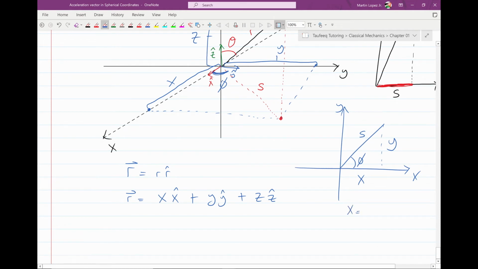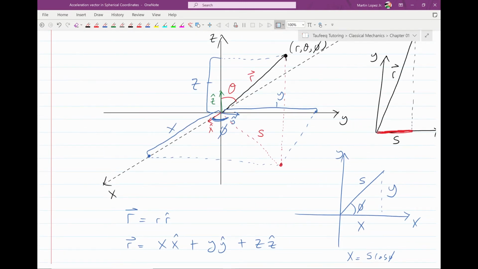Now, we already did this in polar coordinates, and in polar coordinates we got that x is equal to s cosine phi, and y is equal to s sine phi. Now we don't want to add another variable s. We want to get s as a function of our other variables. We don't want to have r be a position of r, s, and phi and theta or whatever. So what is s? Let's draw another